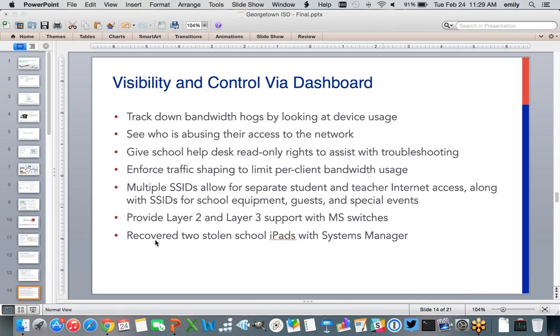We usually see usage between 200 to 300 megabit per second is pretty standard usage. We really haven't had, and of course, as soon as I say this, I'll jinx myself, but we really haven't had any days where we've maxed out on bandwidth that we've seen. And that's probably a combination of the filter, some of the metering that we do, and just policies that we have in place.